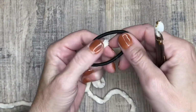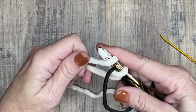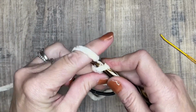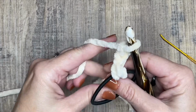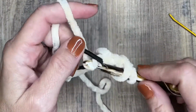First, what you're going to do is pull up a loop, just like I am, and then you're going to chain 3. Next, what you'll do after you tighten it down, you're going to double crochet,